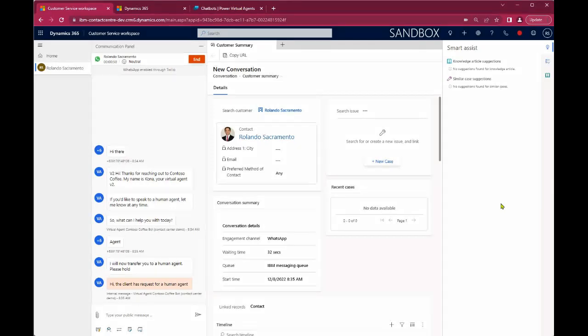Our digital contact center platform already recognizes the customer based on the identity of the communication channel being used. In this case, the phone number is associated with an existing customer. Before we start our discussion, let's discuss what we can see in the form. The communication panel: name of the customer, length of the conversation, sentiment analysis based on the conversation provided by Azure Artificial Intelligence,